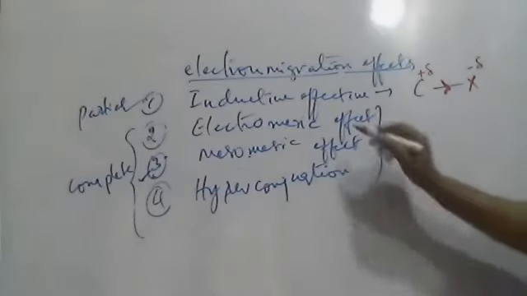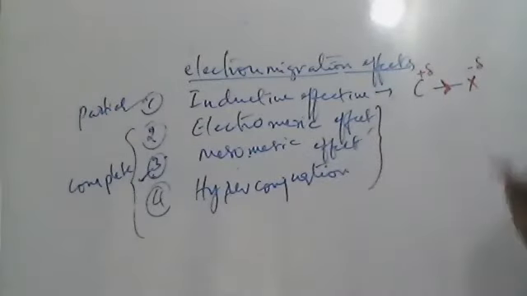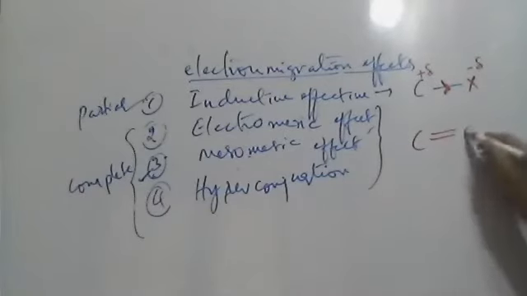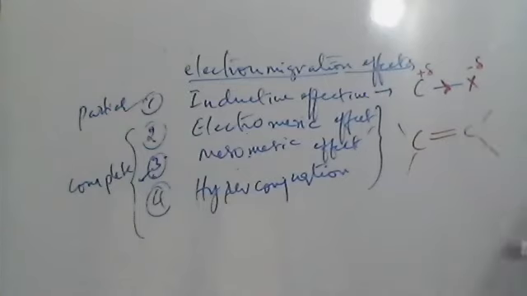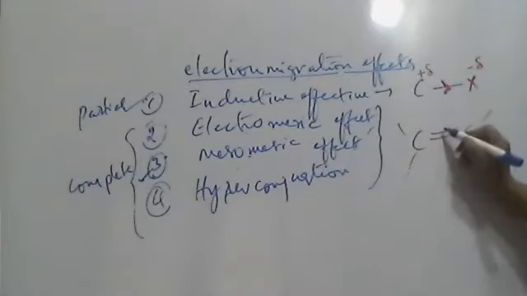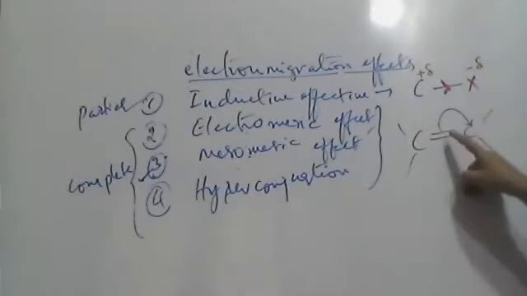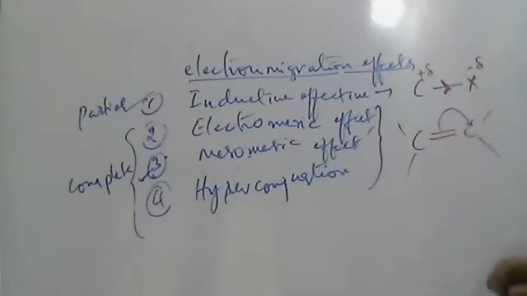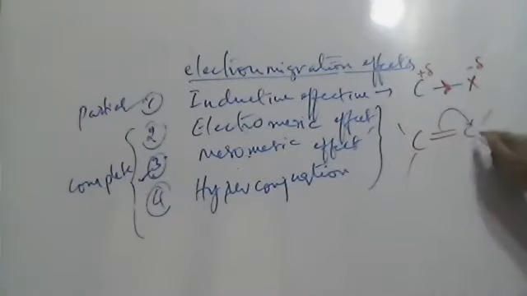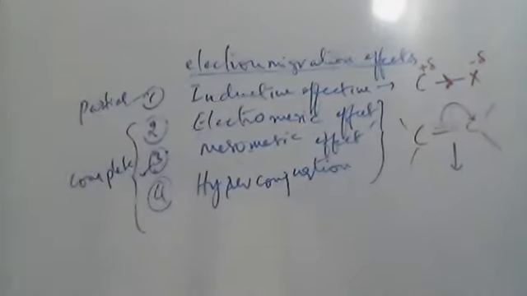Whereas in case of electromeric effect, mesomeric effect, hyperconjugation, the total bond is moving, which involves movement of the pi bond. So see here, the bond is totally moving onto one of the atoms. So total shift. For total shift, you have to show it with the complete arrow. See here, the complete arrow is used, which is curved. And this bond is shifted and sitting on this carbon. So you get a result like this.